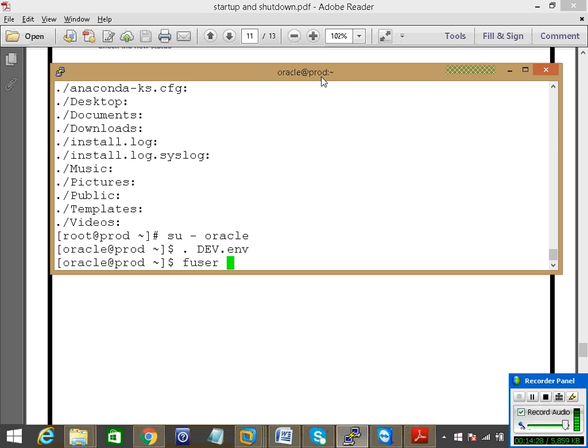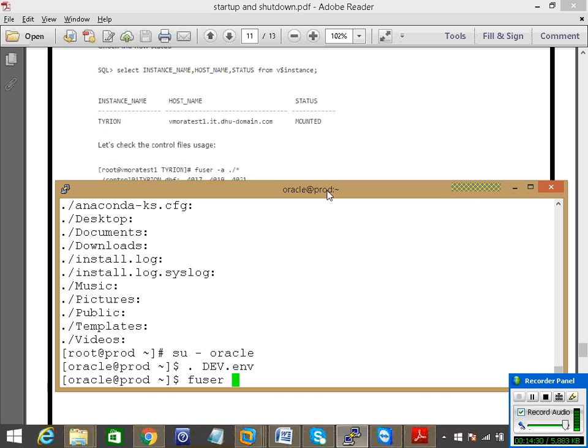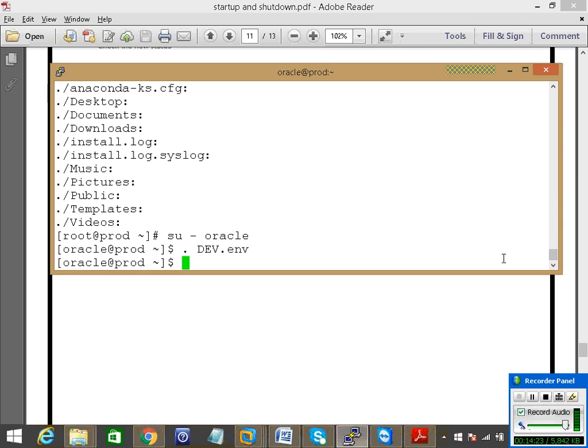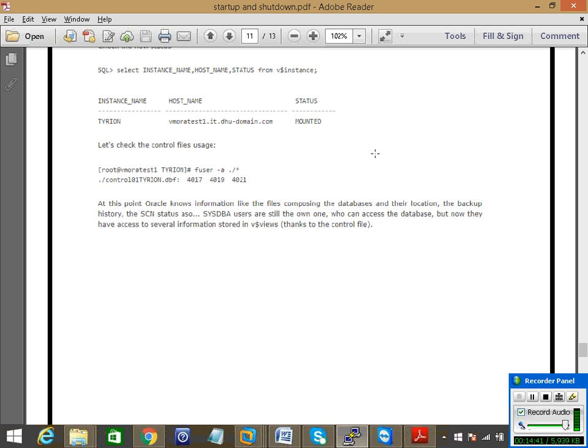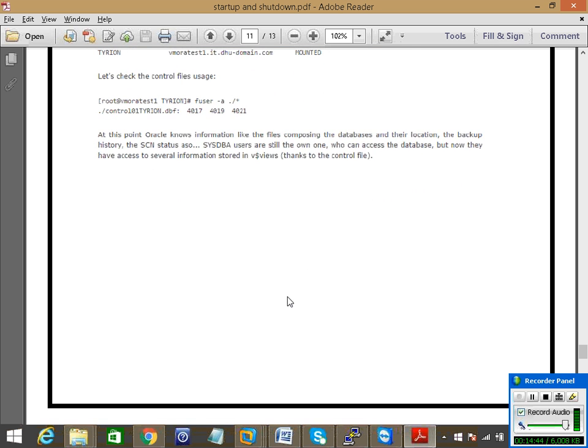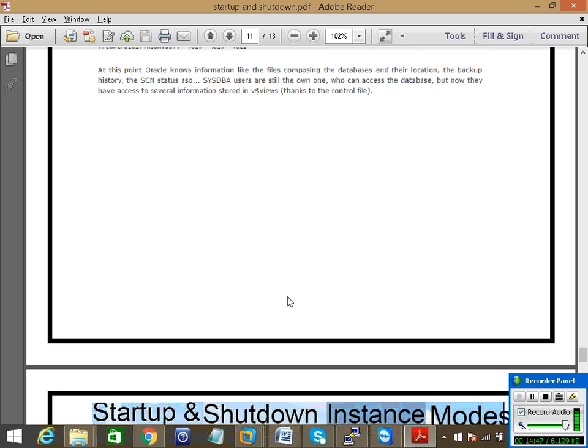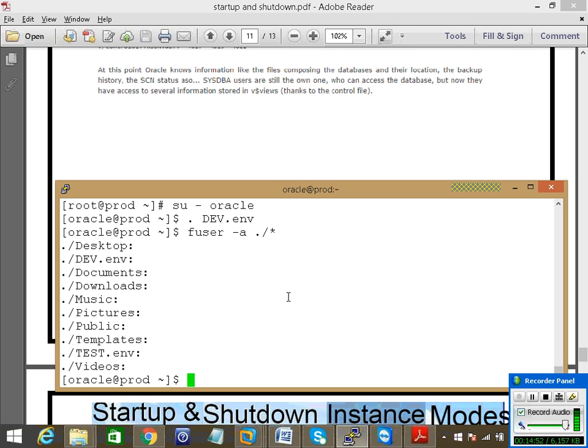Once we are able to run this. There you go. So we have now the control file is started. Okay. Now the next is from this command, from this